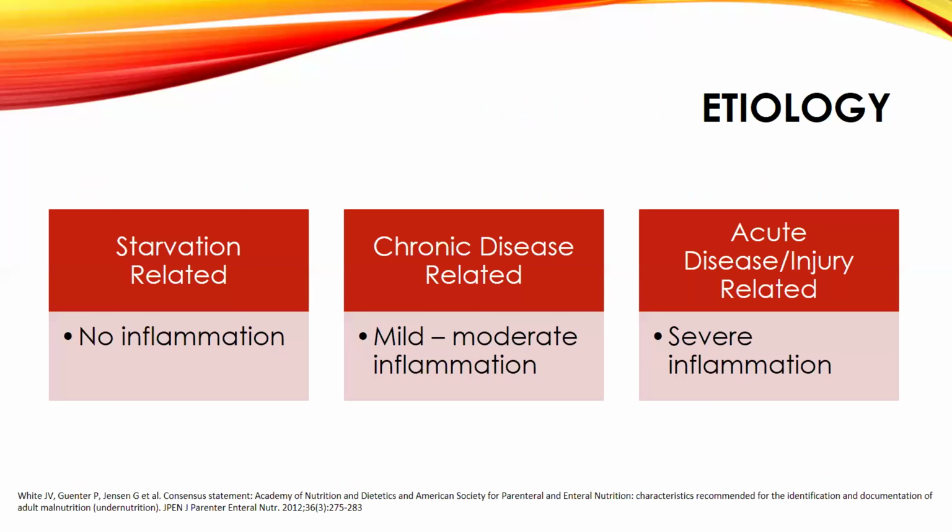whereby it can be starvation related, which I believe is what you'll find mostly in the programmatic aspect, where they try to use the F100, F75 together with the RUTF. But when it comes to the clinical setup, you have to think differently, because more often than not, you're dealing with either chronic disease related or acute disease